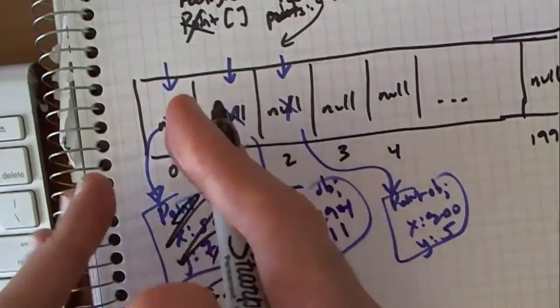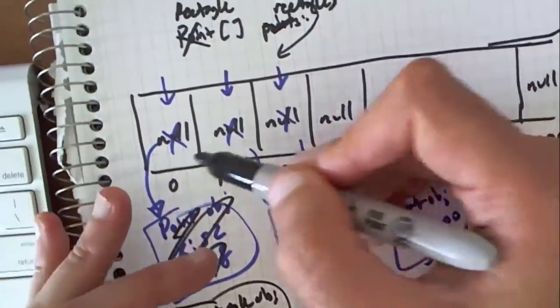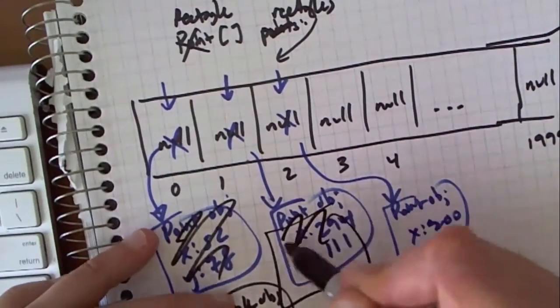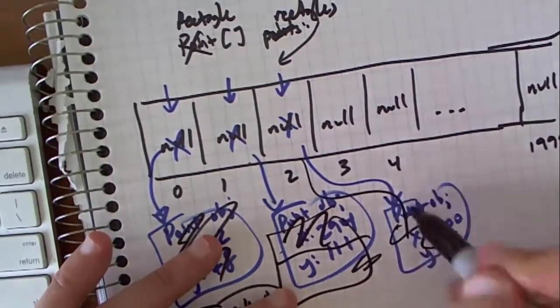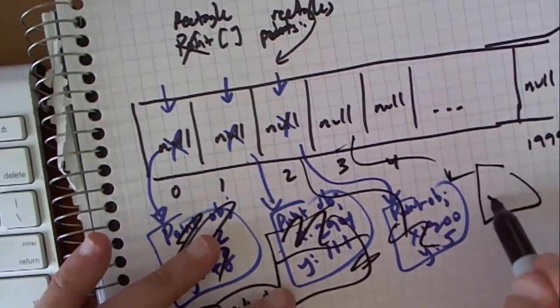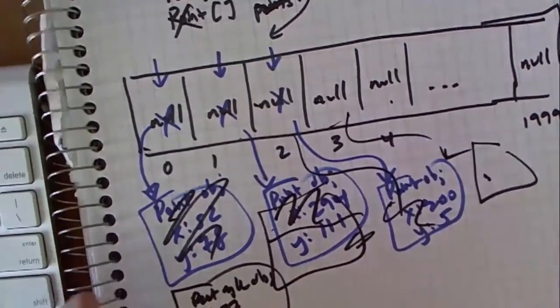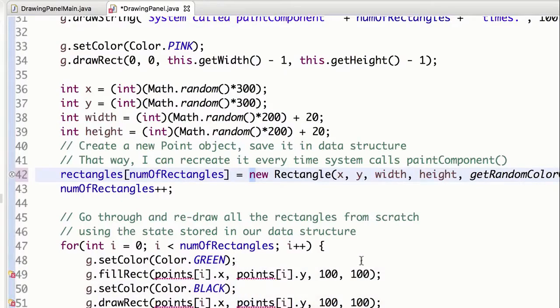And again, we're going to fill up. So first time pass, we're only going to draw this one. Second time, we're only going to draw the second one, whatever it is. Third time through, we're going to draw that one. Fourth time through, we're adding that one. But every time, we're going to do a for loop and draw them all, so that to the user, it looks like you're just adding that one little thing. Okay, so